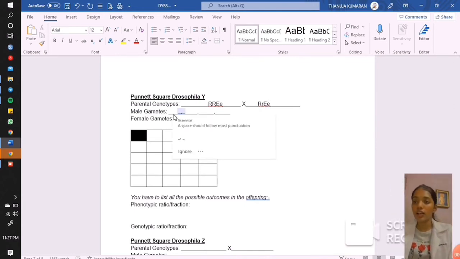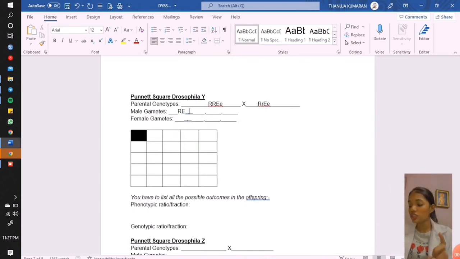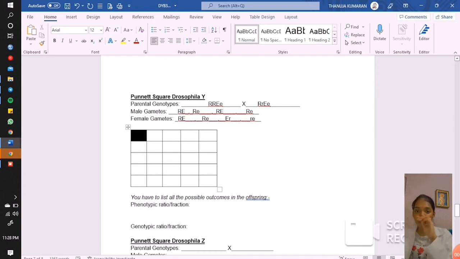So the male gametes are capital R capital E, capital R small e, small r capital E, small r small e. So the female gametes are capital R capital E, capital R small e, capital R capital E, capital R small e. So the square will be